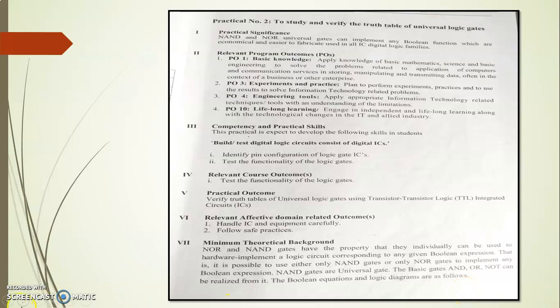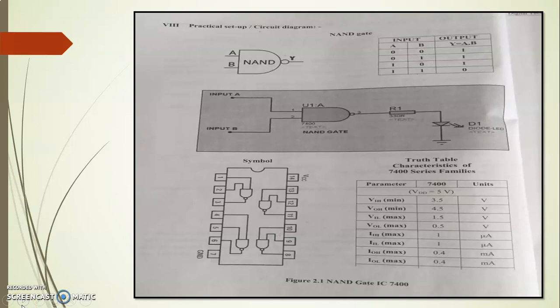So here we can see the NAND and NOR logic. This is the diagram for the NAND gate. The truth table for the NAND gate has inputs 0 0, 0 1, 1 0, 1 1. That means Y equals A into B, bar. For the NAND gate the outputs are 1, 1, 1 and for 1 1 it is 0. There are two inputs, A and B. Then we add a NAND gate with an LED to display the output.